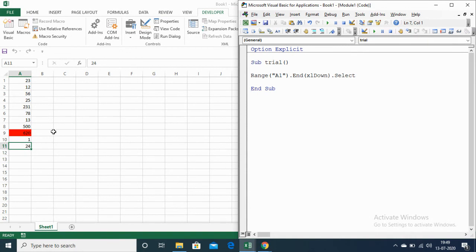Now let me select the specific portion of this range. Let me select the region from A6 to A11. So the code for that is Range, which is starting from A6, comma, Range, which is starting from A6.End(xlDown).Select.